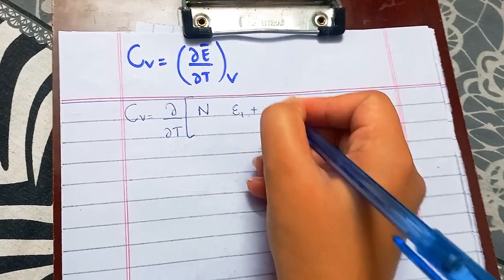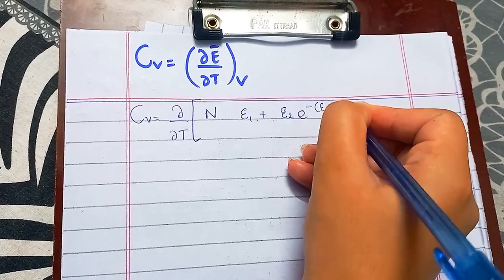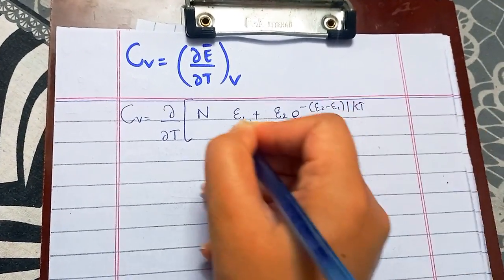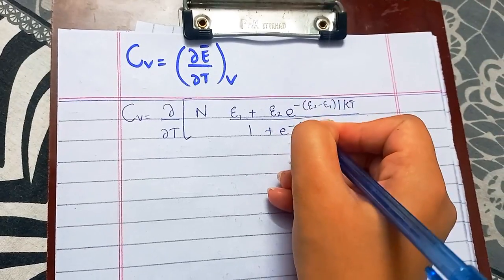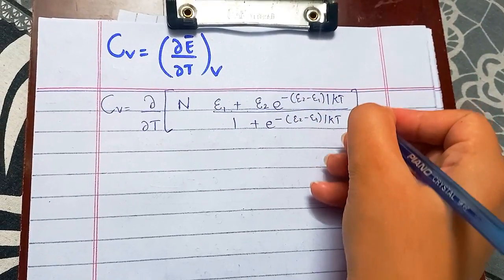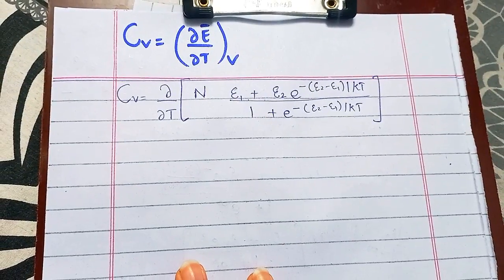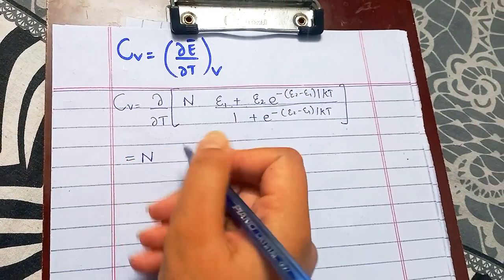(E1 plus E2 e to the power minus (E2 minus E1) divided by kT) divided by (1 plus e to the power minus (E2 minus E1) divided by kT). So this is the average energy. Capital N is constant, so we can take it outside, and